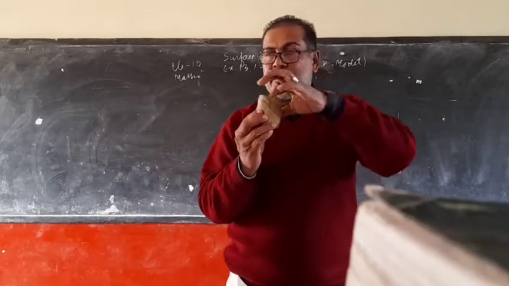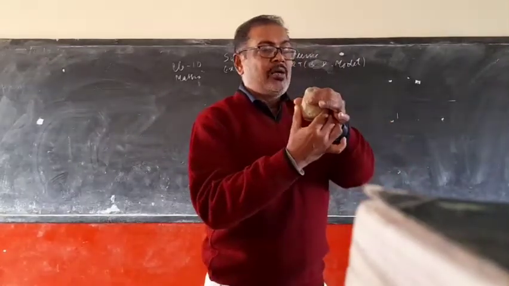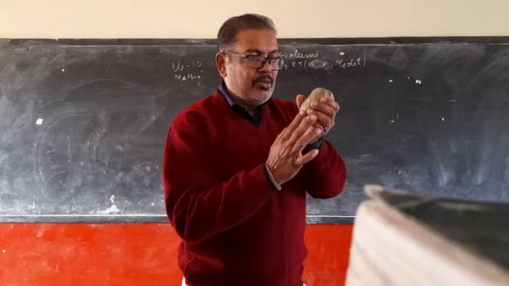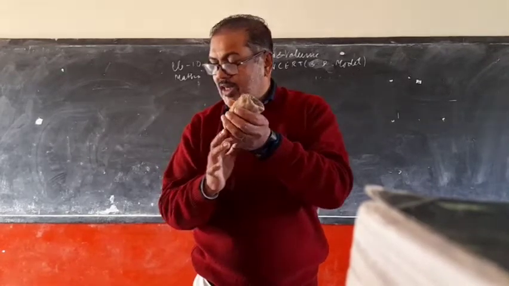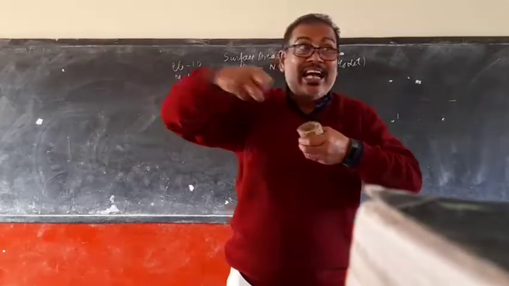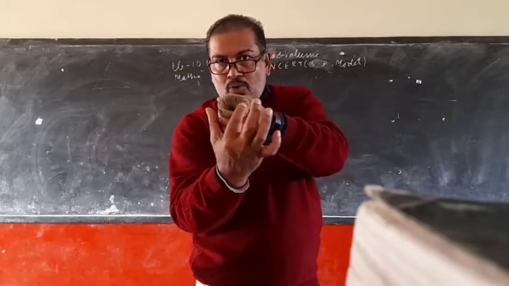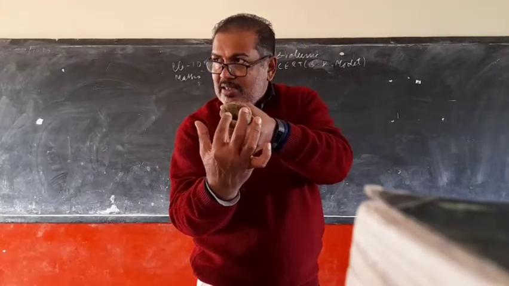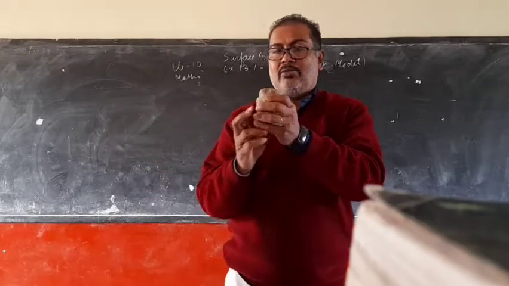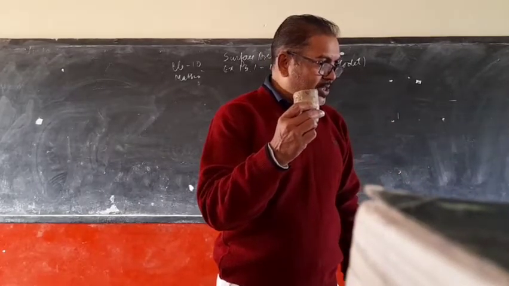Now in this condition, this is the 3D model of this question. Of which question? From a solid cylinder of height 2.4 centimeter and diameter 1.4 centimeter, a conical cavity has been hollowed out, taken out from it. What is the condition of this cone? The diameter of the cone is equal to the diameter of the cylinder, and the height of the cone is equal to the height of the cylinder. Now it is very easy to understand. To find out the total surface area of this one.